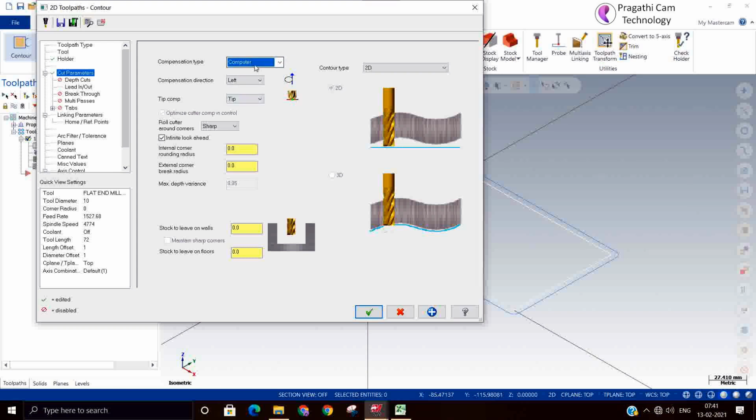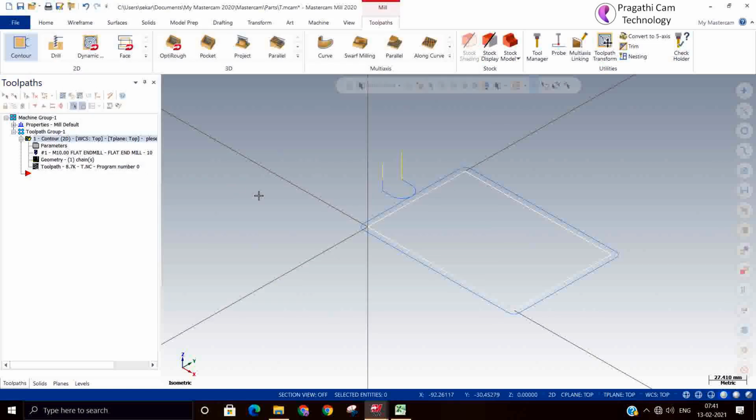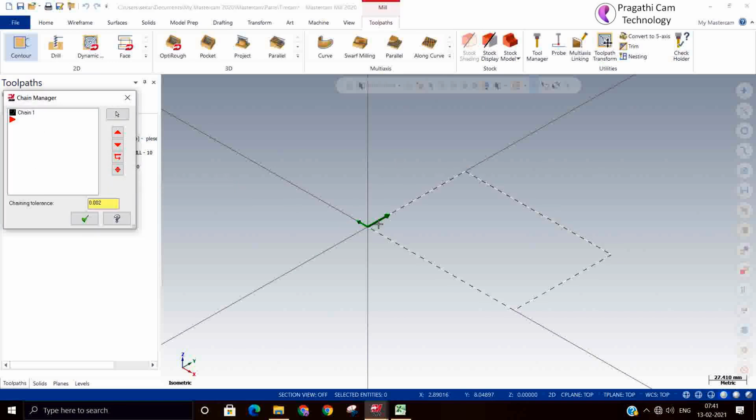So the cutter compensation, you will see in that separate video. The compensation left or right means how we are considering the tool's left and right compensation. When you right click on the chain, you can see a big arrow and a small arrow. If you stand at the back side of that big arrow, the small arrow is showing the left hand side.